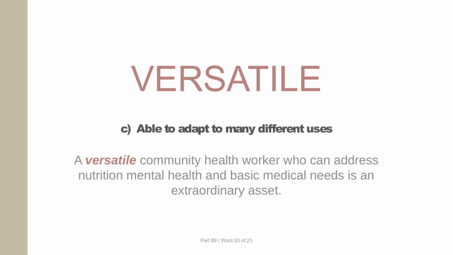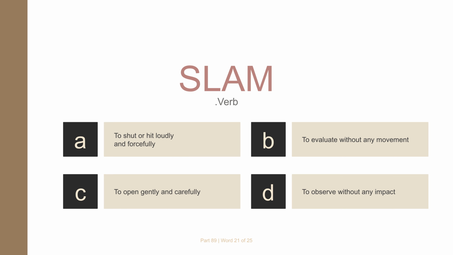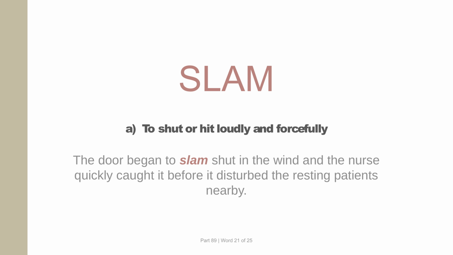Question 21. What is the meaning of slam? Option A, to shut or hit loudly and forcefully. Option B, to evaluate without any movement. Option C, to open gently and carefully. Option D, to observe without any impact. Correct answer, option A. The correct meaning of slam is to shut or hit loudly and forcefully. Example: the door began to slam shut in the wind, and the nurse quickly caught it before it disturbed the